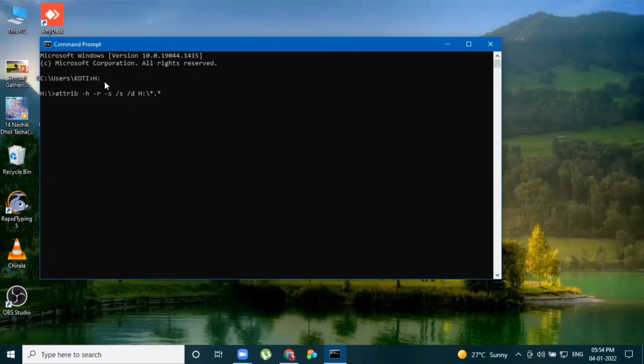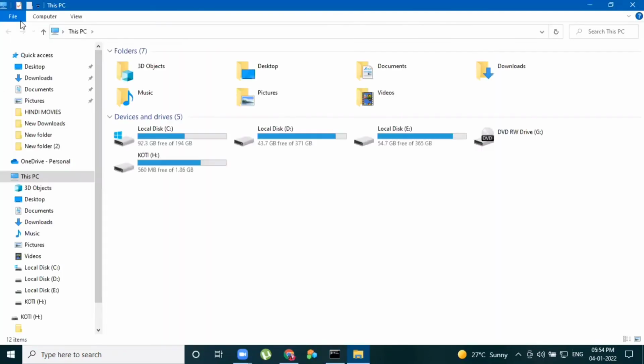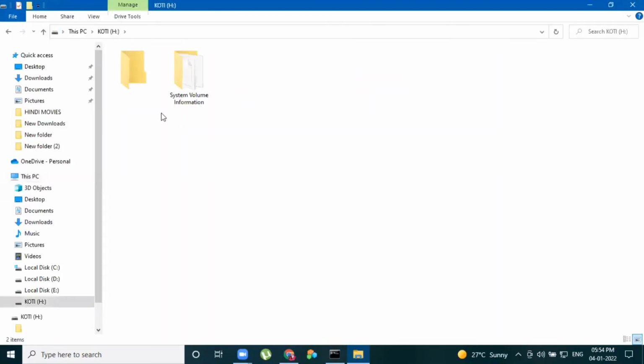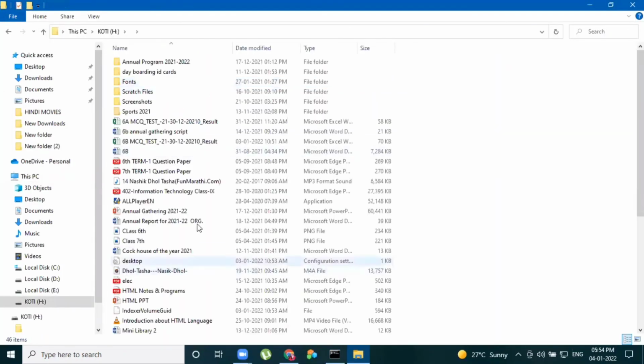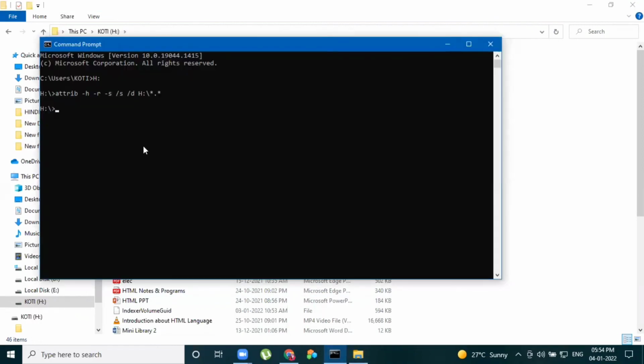Then click enter. Then afterwards, you can go to the pen drive. You can check your data will be restored. So in this way, you can restore your data by following these commands.